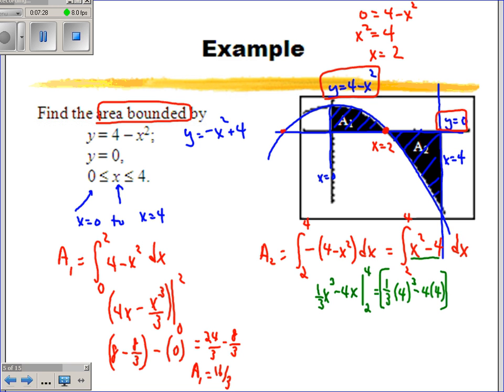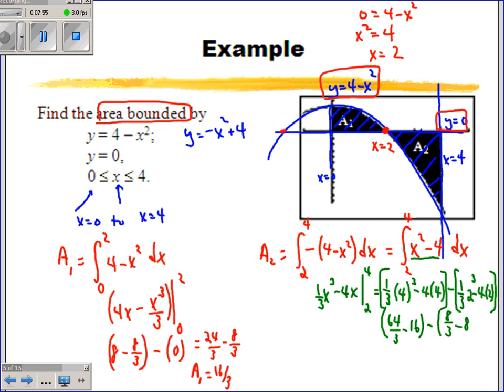And then minus what I get by plugging in the 2. So minus 1/3 times 2 cubed minus 4 times 2. So I'm going to have 4 cubed is 64. So 64 thirds minus 16. And then I'm going to have minus 8 thirds